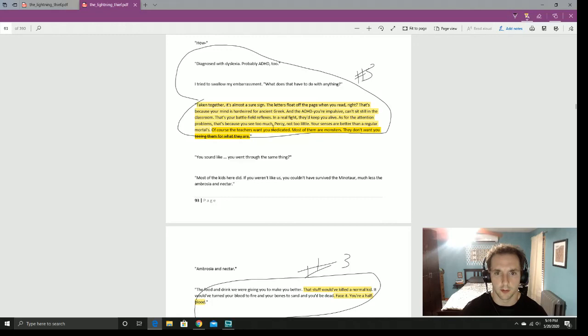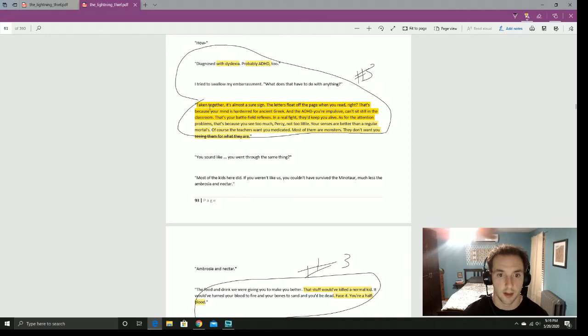He first learns that the things he used to think were disabilities, that he was diagnosed with dyslexia, his inability to read, and then his ADHD, where he's very hyperactive and having a hard time focusing on things. Early in the book, he said these were the reasons why he was not doing well in school. But then down here, this is what